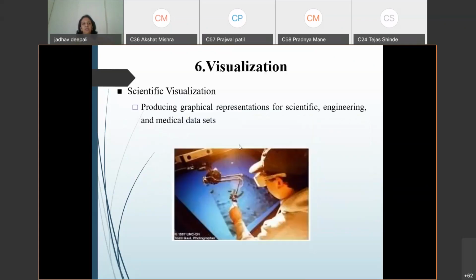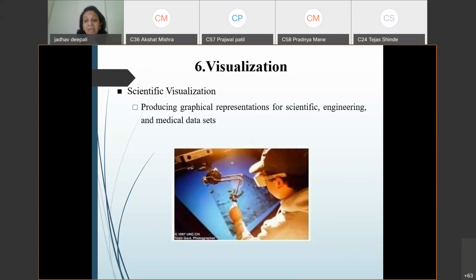Next, visualization. Scientific visualization produces graphical representations of scientific, engineering and medical data sets. When scientific research is done by a particular person, the person may require some data set. For example, now everyone is performing research on the coronavirus, correct?